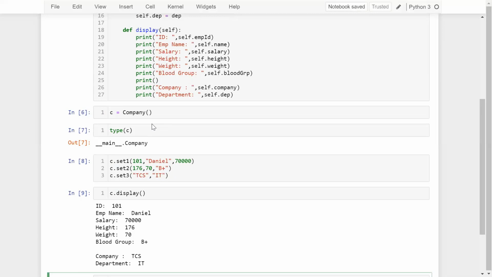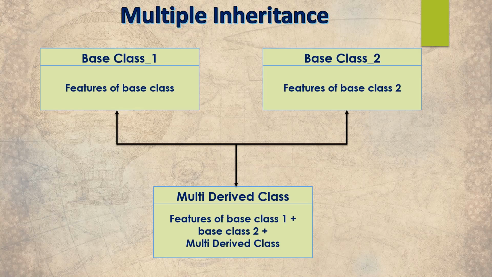But one important thing you should keep in mind: when you have more base classes and your child class inherits all of them, the more maintenance you are likely to perform. If one of the base classes happens to change, the child class may have to change as well. For example, if I change anything in the fitness and employee base classes, I will have to change some of the attributes in my child class as well. So these basic things you need to remember while you are working on multiple inheritance. I hope you understood the concept of multiple inheritance and how we can use it in Python programming.